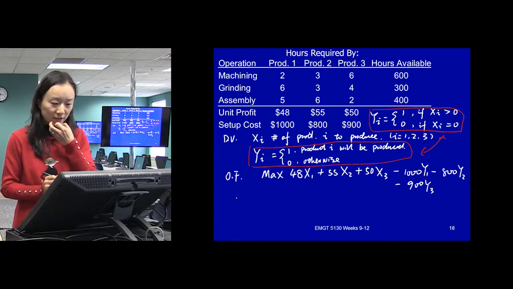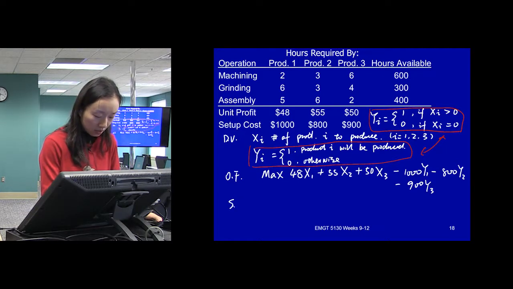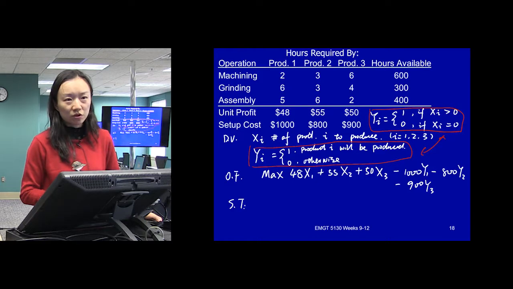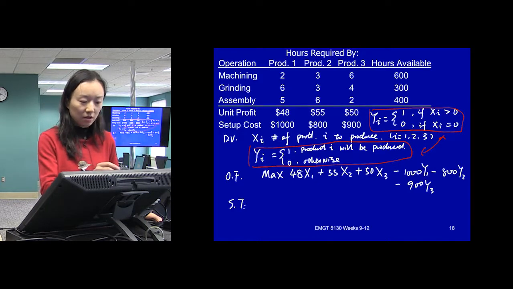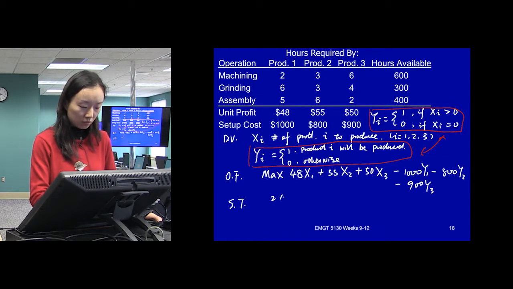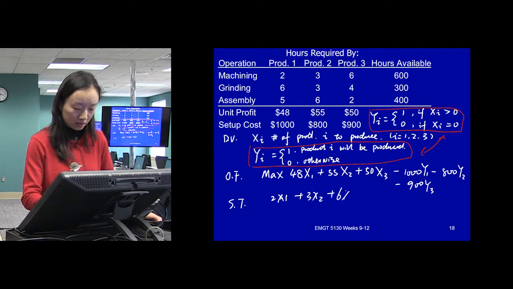Okay, so now we have this y binary variable. Constraints. The first group of constraints is really easy. It will be just the resource constraint, right? So 2x1 plus 3x2 plus 6x3 less than or equal to 600.